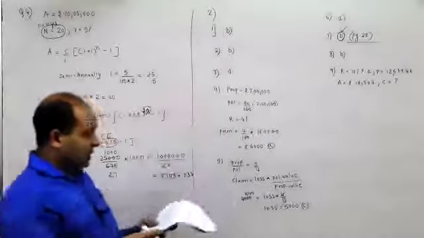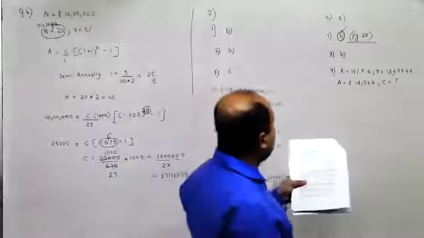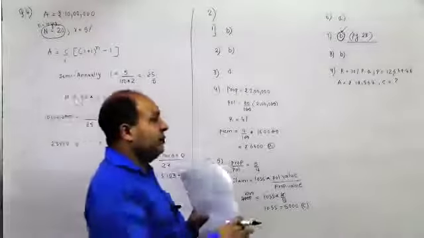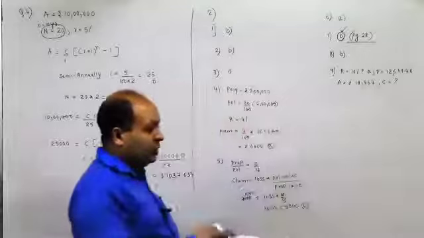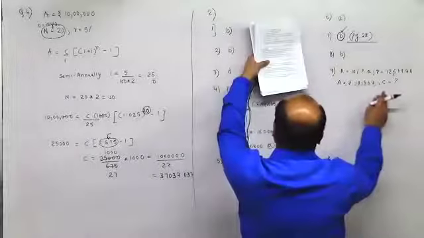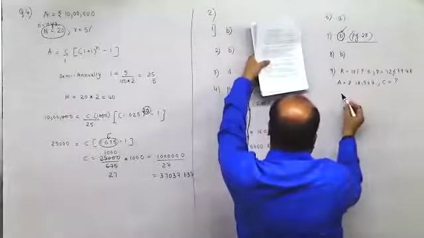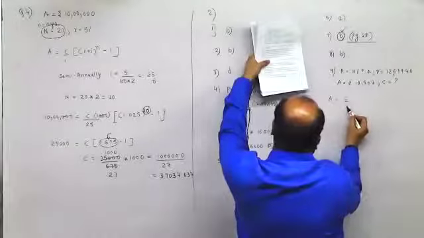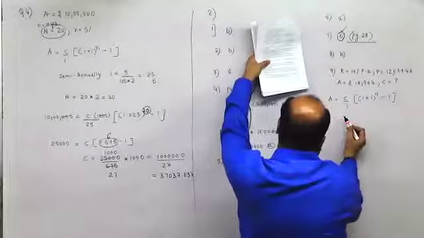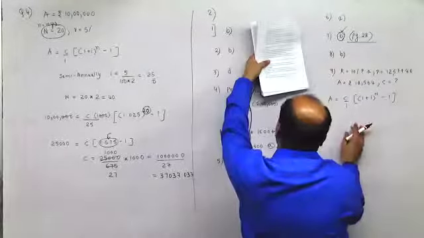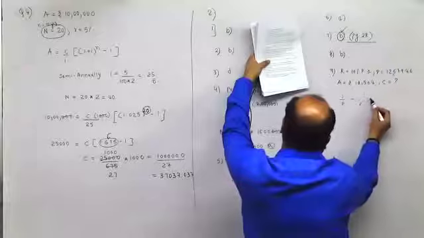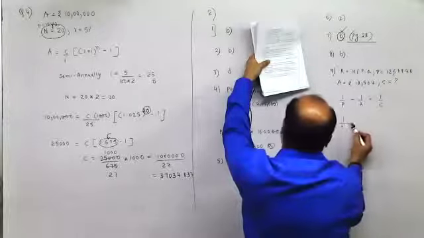So doesn't matter. Now I have put all the maths 1 topics, maths 2, 3 topics, 4 topics. I'll be putting in the remaining topics as I keep doing it. The present value, this would be the amount of each annuity paid. For an annuity it would be A equal to C upon I into 1 plus I raised to N minus 1, so 1 upon P minus 1 upon A equal to I upon C.